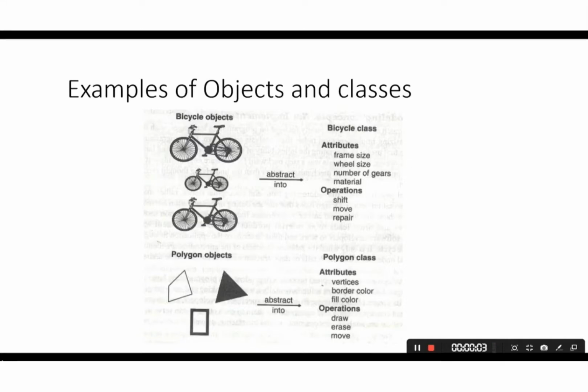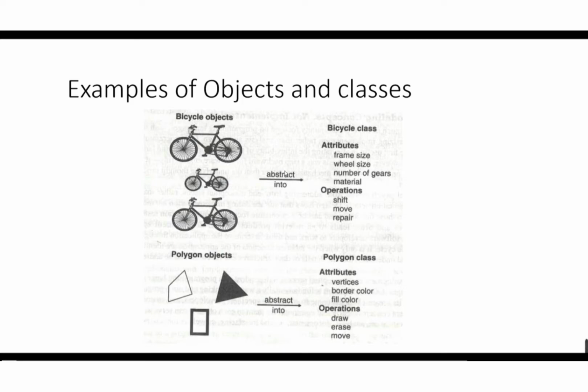This is the examples for the objects and classes. On the left there are three different bicycles, and each one is a concrete object in the real world. For example, this is Tom's bicycle, this is Jack's, and this is someone else's bicycle. It means in the real world there are many different bicycles or different objects. And if we want to develop a software system to manage so many objects, we need